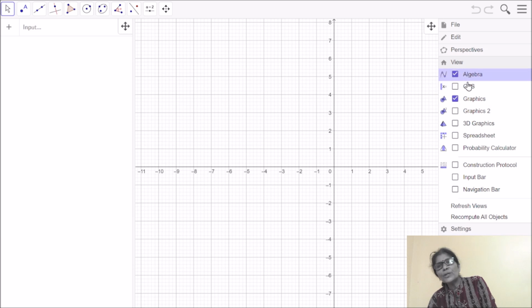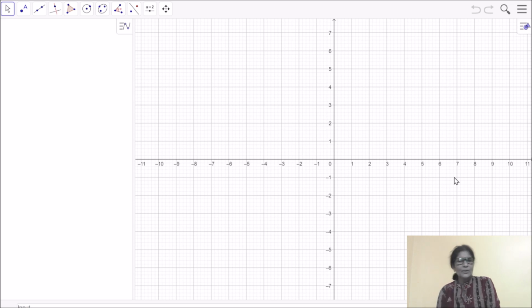In the view so many things are there. Algebra is there. When you do not want this algebra view, you can uncheck this. If you don't need the graphics view, you can uncheck this one. So here I am checking this input bar because I need an input bar.